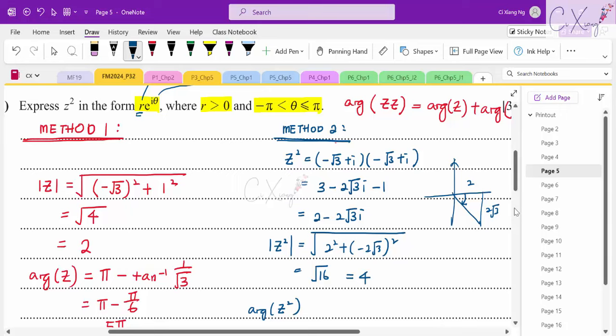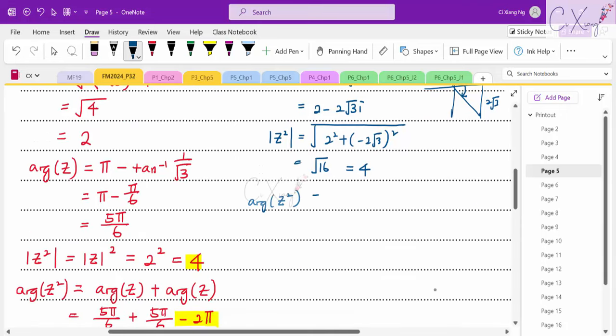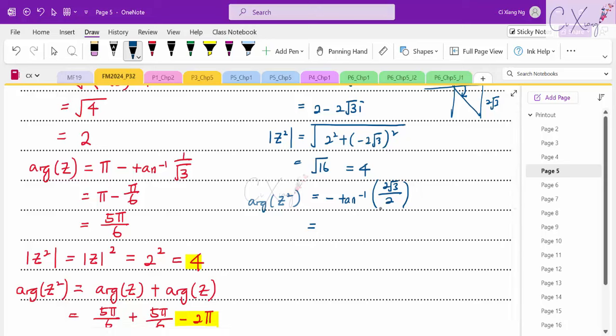So for this negative direction angle, to find the angle here, it is actually the negative basic angle. So I just put negative tangent inverse. The basic angle shouldn't include the negative sign in the calculation, so I didn't put any negative inside the tangent inverse. Then this tangent inverse of 2 square root 3 over 2 is basically the basic angle. If you press the calculator and solve it, you should have negative